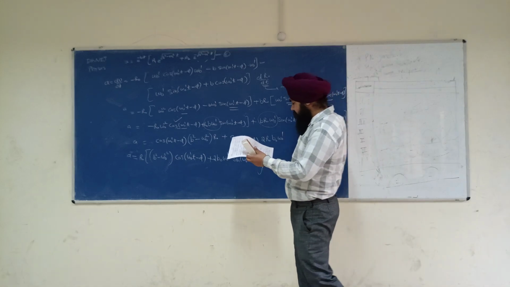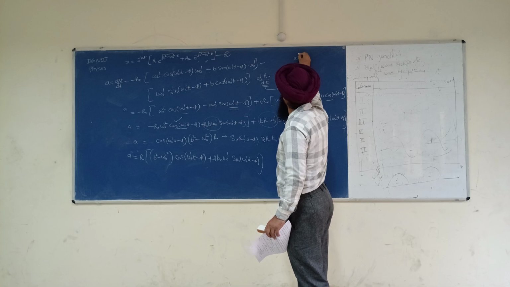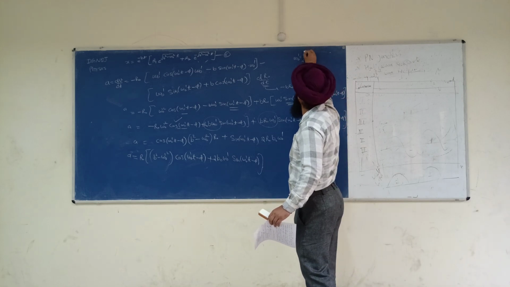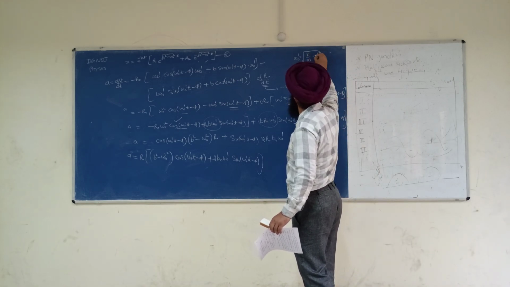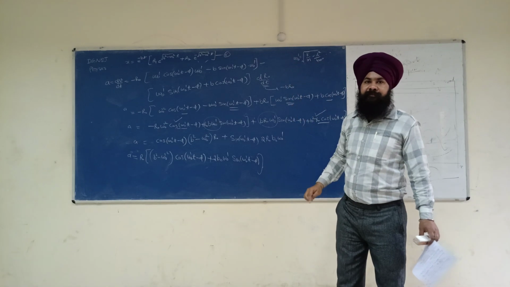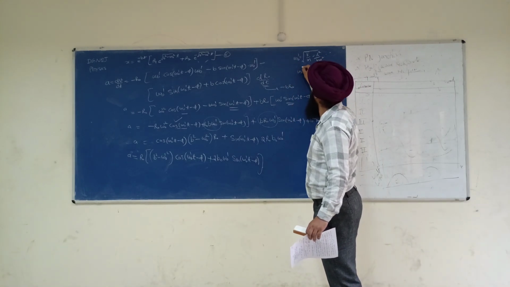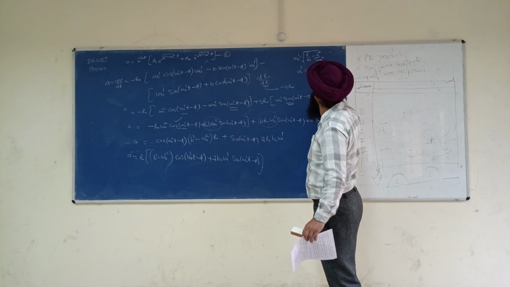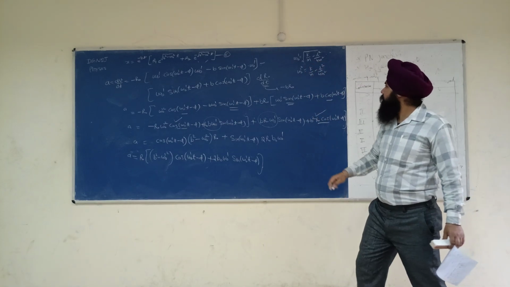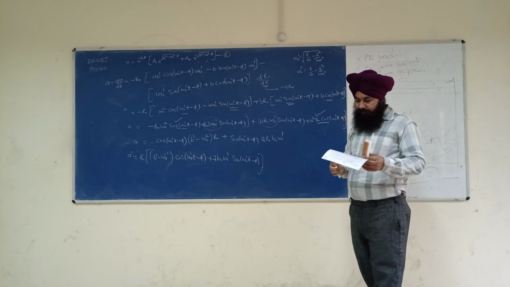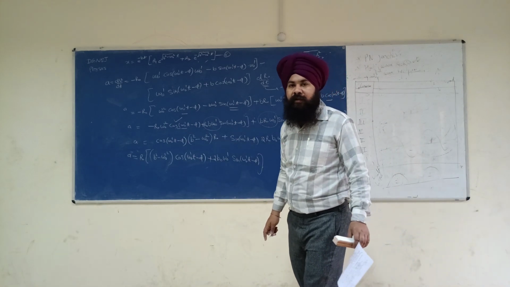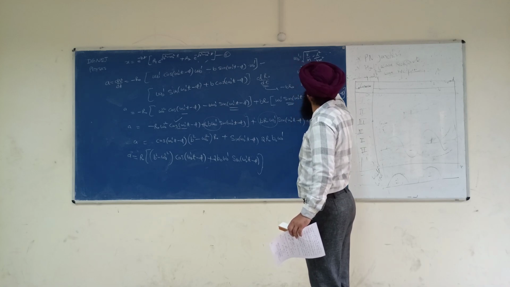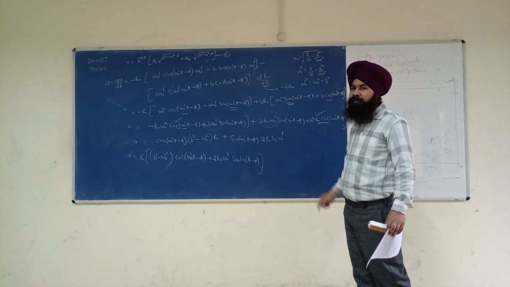And see, we have a relation of this. Omega naught prime is equal to, what's the formula I have? Omega naught prime is equal to k by m minus r square by 4m square. This is the formula I have. So I can write omega naught prime square is equal to k by m minus r square by 4m square. And now, what is k by m? This is called omega naught. So it will become omega naught prime square is equal to omega naught square minus b square.